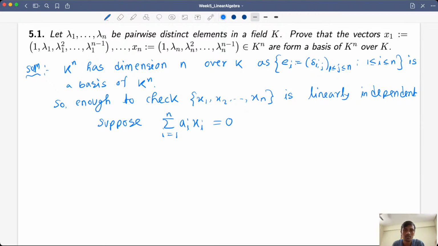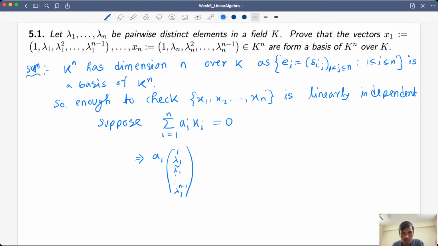And they have this form 1, lambda 1, and so on, so these are n-tuples. If I write x1 as a column vector instead of a row vector, then this is 1, lambda 1 squared, up to lambda 1 power n minus 1,